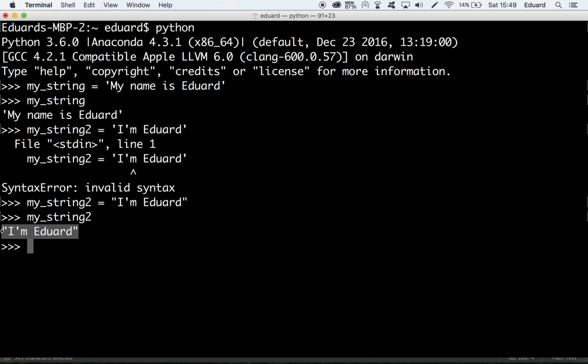Right, strings can also span across multiple lines. One way to define them is by using triple quotes like this. Define another variable. my_string3 equals triple quotation marks. My, enter, name, enter, is Edward, and close triple quotes. Right, let's run it